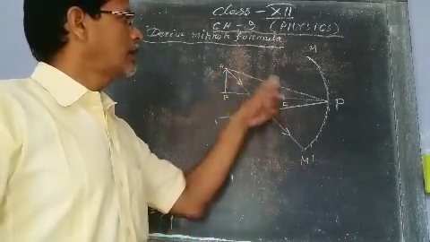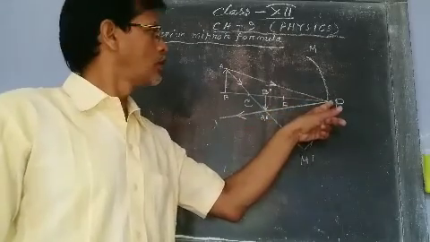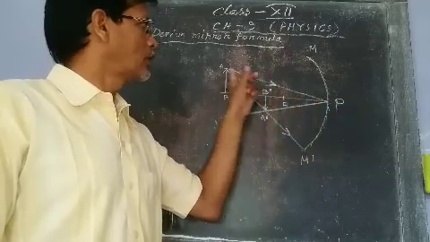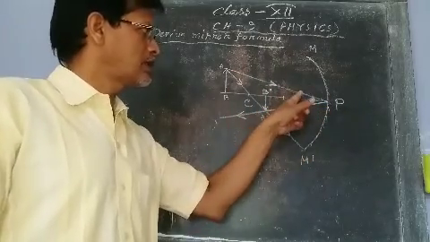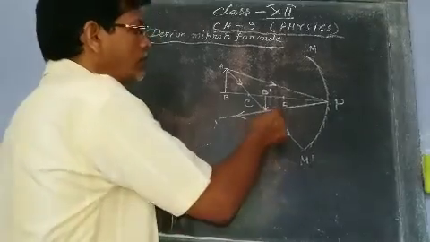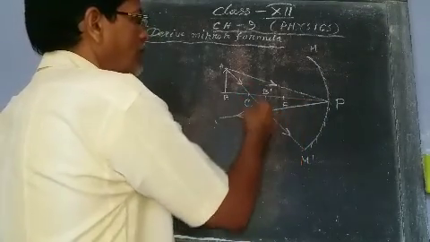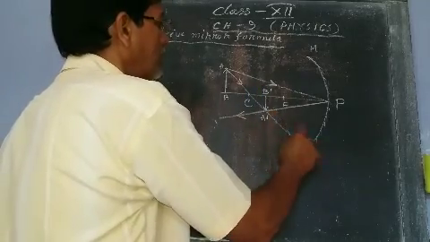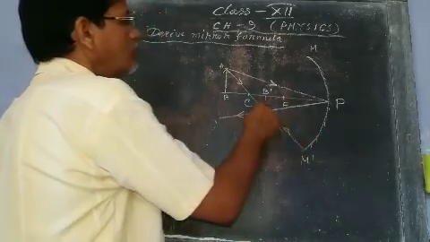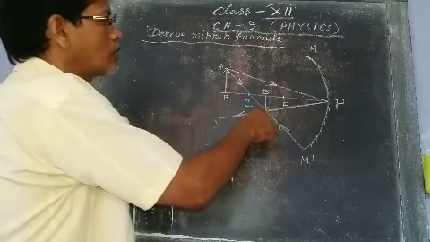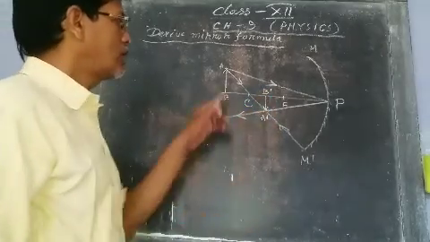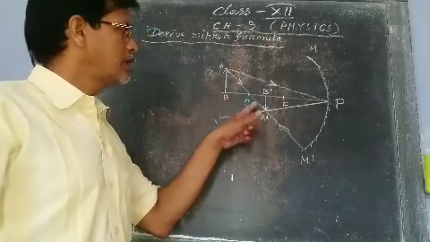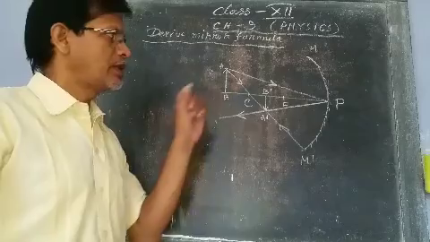Another ray falling at the pole. So this line is also perpendicular. So angle of incidence equals angle of reflection. This angle and this angle will be equal. These two reflected rays, this is incident and this is reflected, meet at this point. So A dash B dash is the image of the object AB.